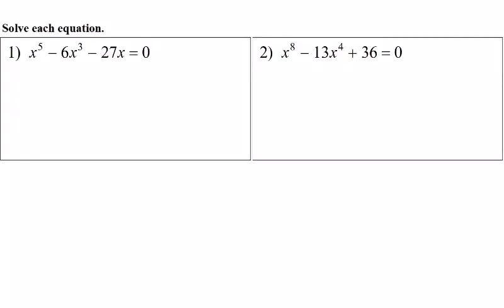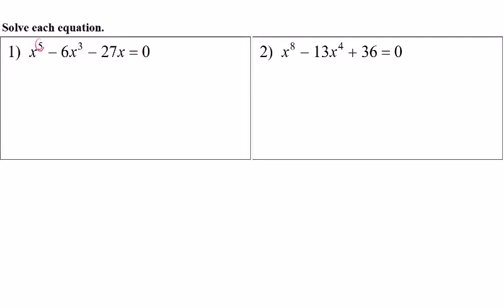All right, so number one. So here, the first thing we want to do is check for a GCF, right? So a couple things. First of all, we're trying to solve, okay? So we're trying to find the solutions to this equation here. It's a quintic. The leading coefficient is 1, right? And so,